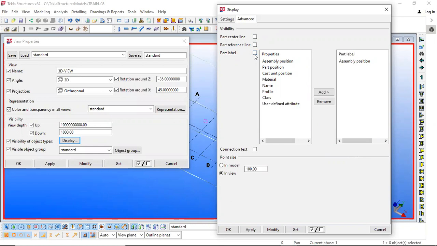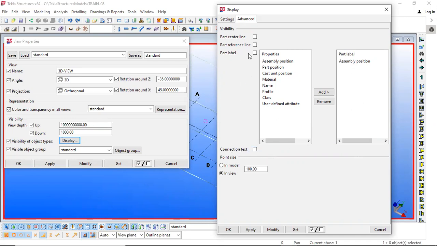Then we have this part label, where there are some options given here. Few options are there which can be added in the label so that you can see the contents of certain elements directly in the model itself. And then there is connection text here.